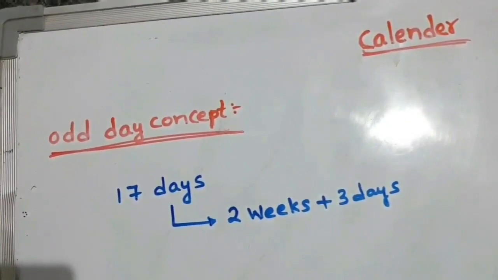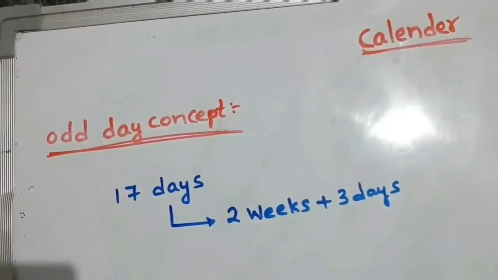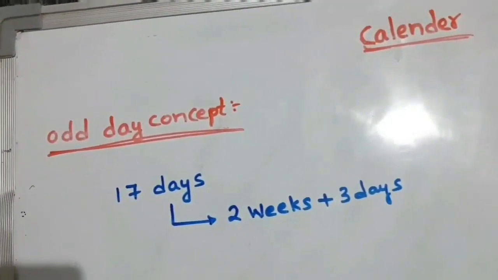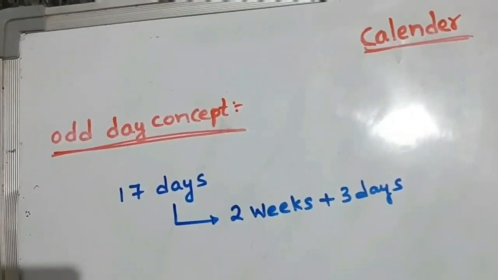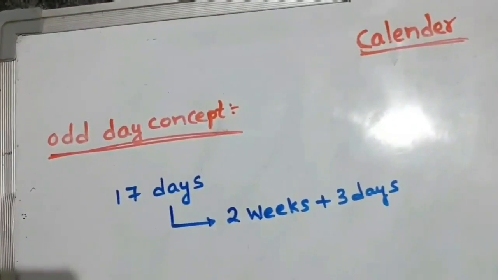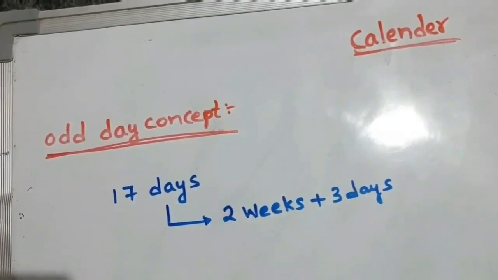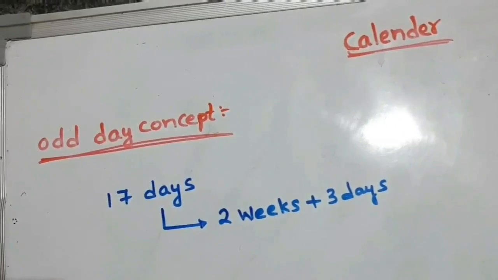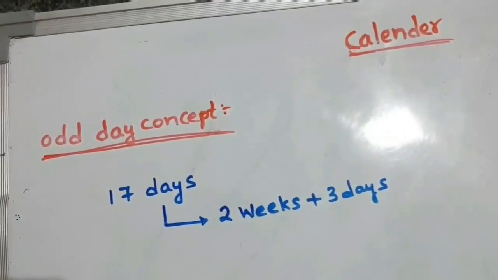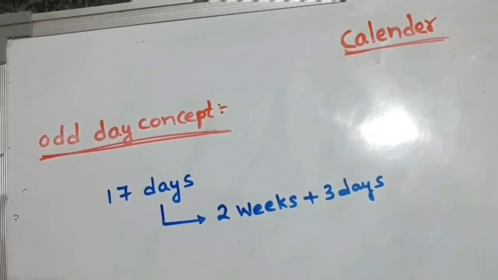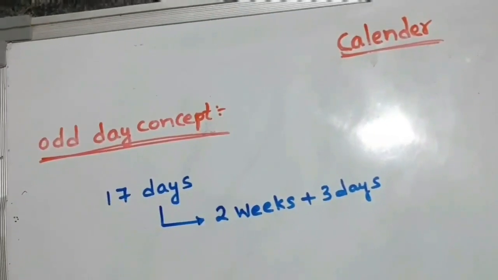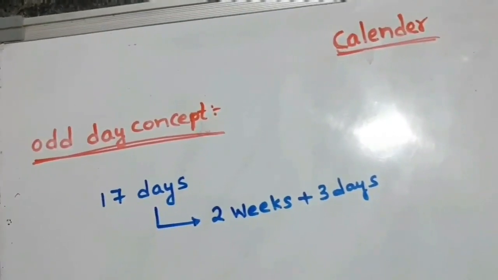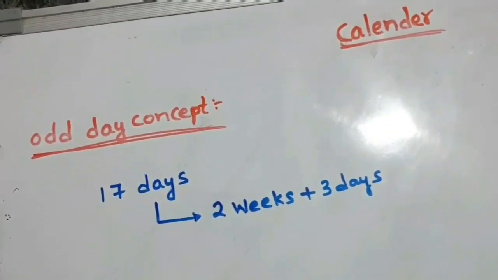Throughout this calendar topic, we are going to use the odd day concept. What is meant by the odd day concept? In a given period, the number of days more than the complete weeks is called odd days. I am repeating once. In a given period, the number of days more than the complete weeks is called odd days. For example,